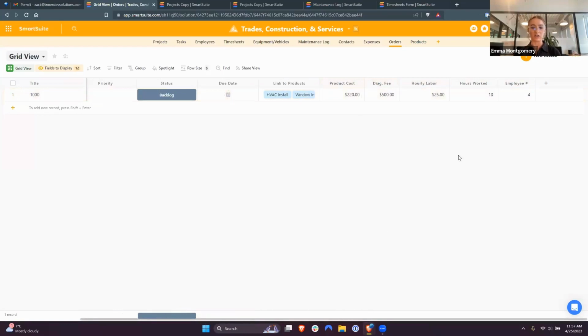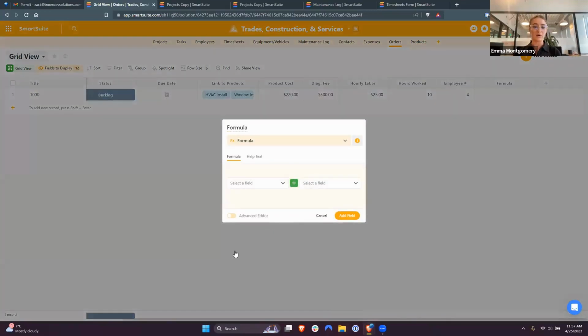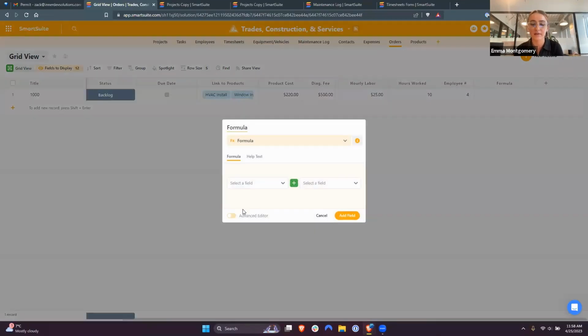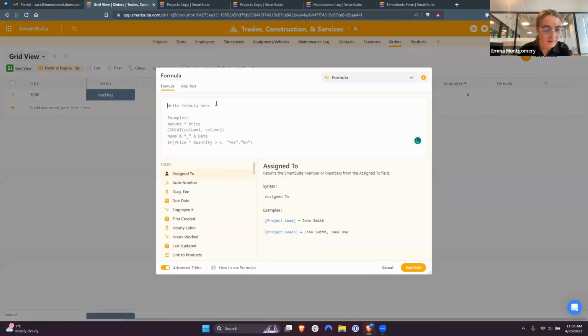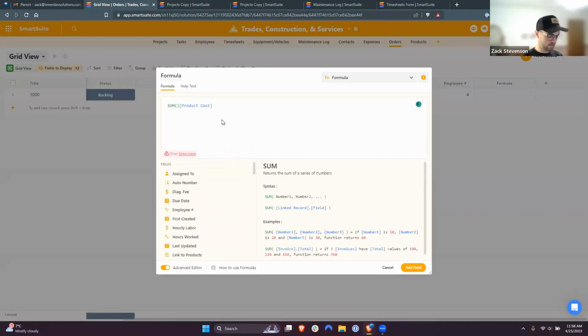How much are we going to charge our client? Or how much is this job going to cost for us? Let's create a formula and we'll go ahead and add all of this. There's many ways that you can create this formula, but go ahead and type in the roll up, which I think was product cost. Perfect. And we'll want to add the labor, and we want this in a sum function, or you can just